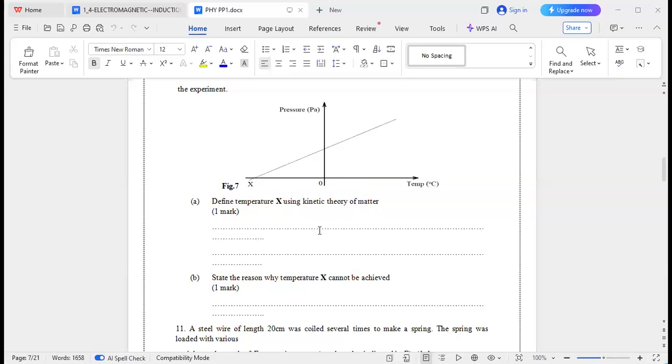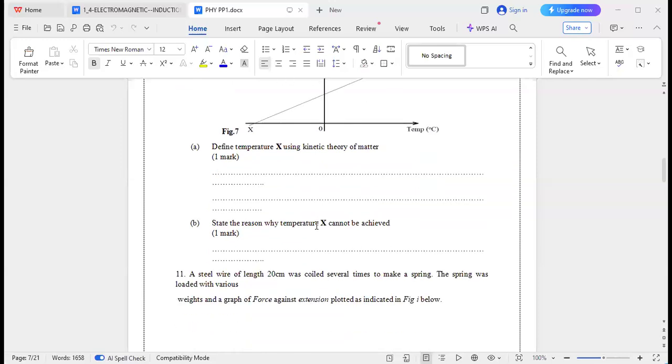So we say this is the temperature at which the kinetic energy of the gas particles is assumed to be 0. So when you are directed to use kinetic theory of matter, mention the kinetic energy of those gas particles. Part B,